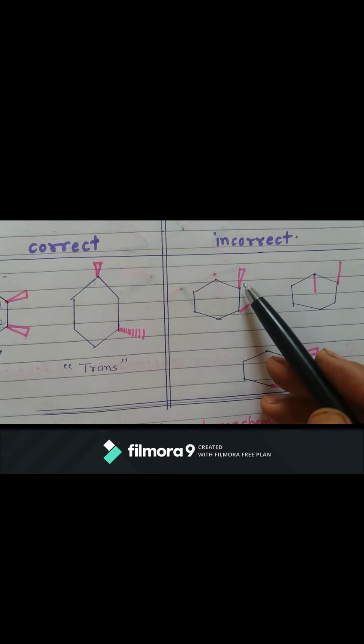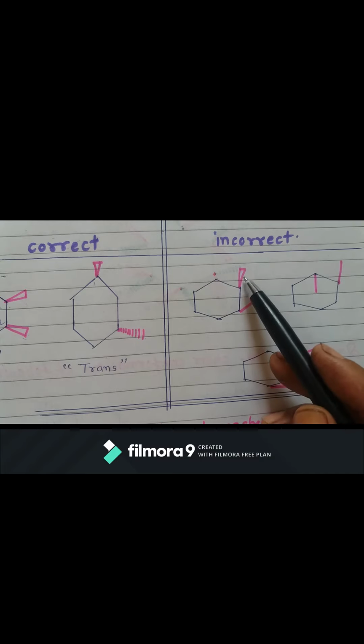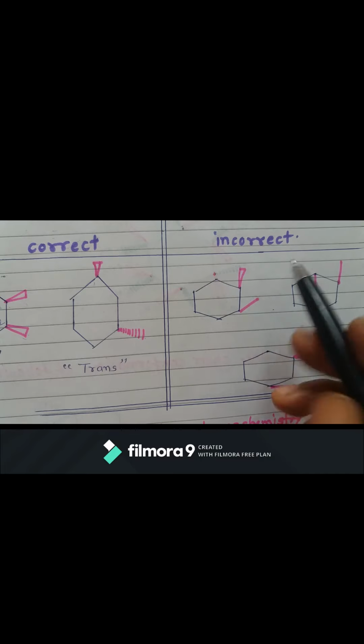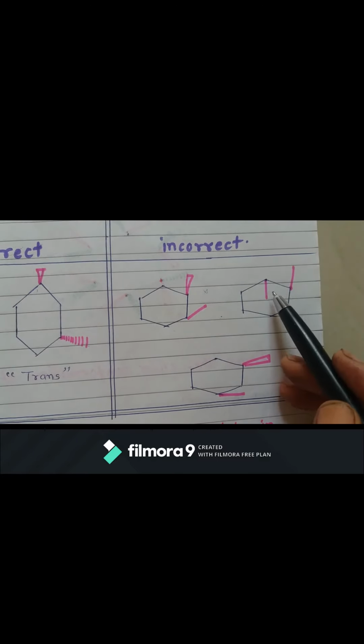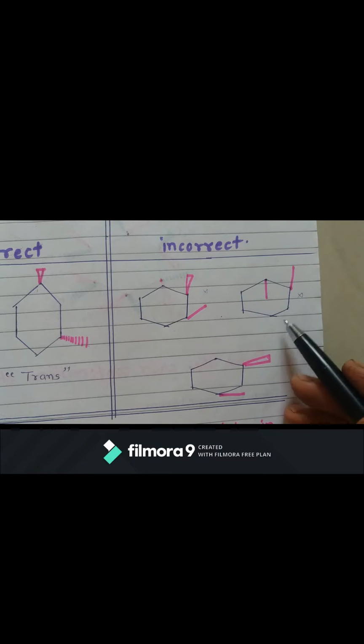So now how we shouldn't draw the cyclohexane system. Sometimes so many students write one bond with stereochemistry and one is a plain bond. So please don't make such mistakes. So this is an incorrect form. Next, this is another incorrect form in which one is drawn in between the cyclohexane system, and another one they draw outside the system. So this is also one of the wrong methods to draw the cyclohexane system.